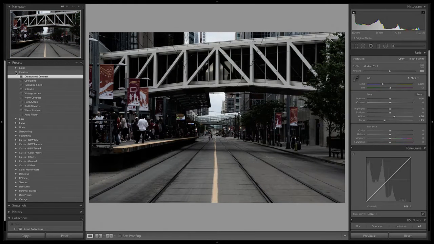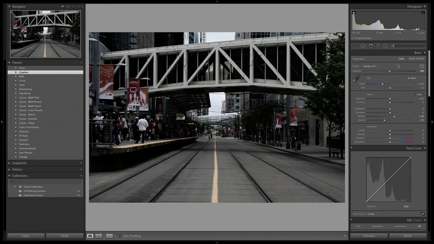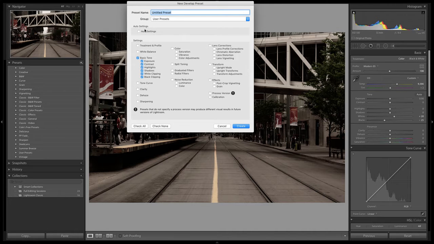You can also create your own presets. So say you've made a bunch of edits, you have done it all completely from scratch, you can actually click this plus button next to the presets menu and choose create preset. And now you can select which settings that you've edited that you want to include in this preset. So you would go ahead and click all the options. For example, often you might not want to choose things like lens corrections or different things like sharpening because it depends on really what photo you're using that you might want to turn those on or off.